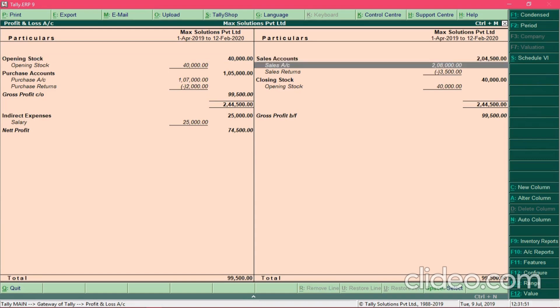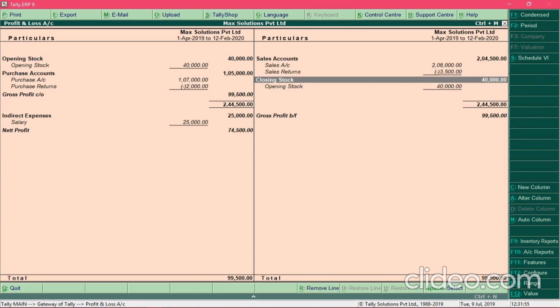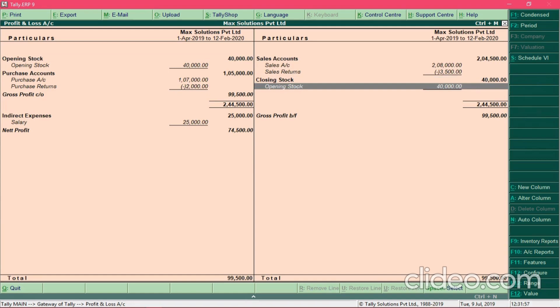Over here on the right hand side you would be able to see the closing stock information. This information is not yet updated. It is showing the same amount of rupees 40,000 which was entered as the opening stock.